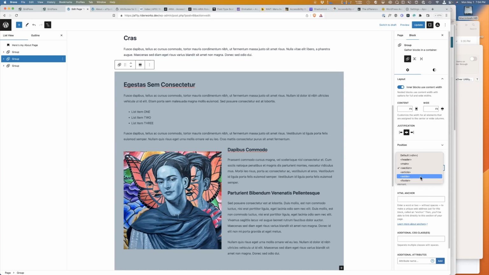There's an aside, which is a sidebar, old school sidebar, and then there's a footer. But you can actually do this for that. And I'll show you this on the front end, how this works. But one other thing that you can do with this is you can actually come down here, and I put